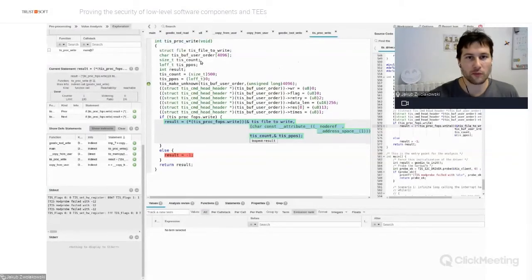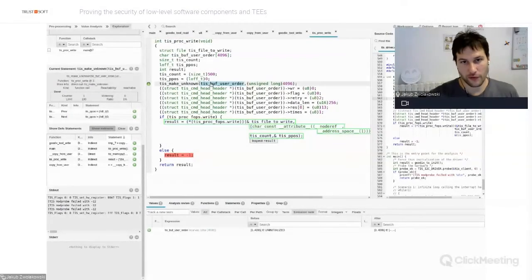So here what I'm doing is preparing this buffer, which is called ThysBuff user order. This is the buffer that we used to copy information to the length variable that we have seen before. I start by making it completely abstract. You can see here that before this line, it's all uninitialized, and after this line, it can have any possible value. This is done using this special function ThysMakeUnknown, which renders parts of memory abstract.